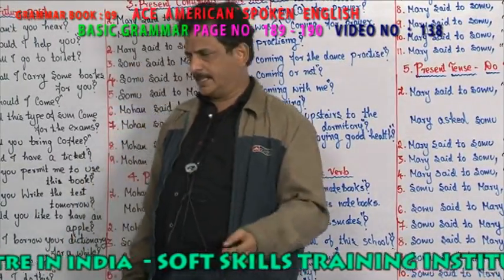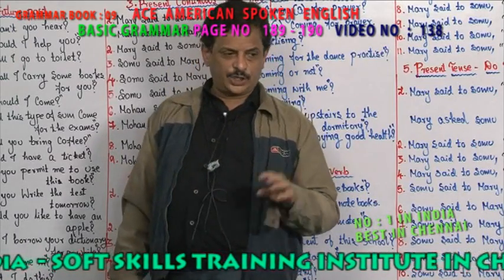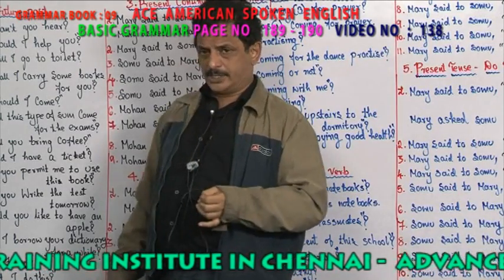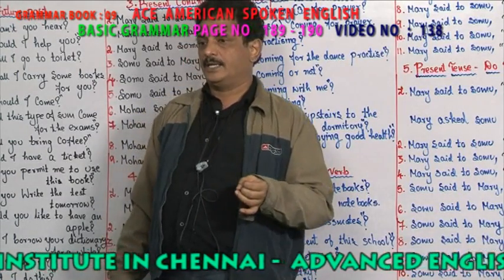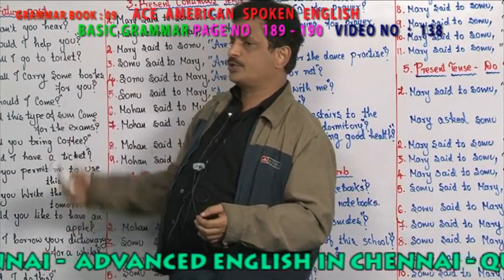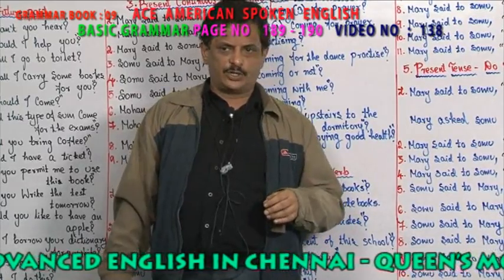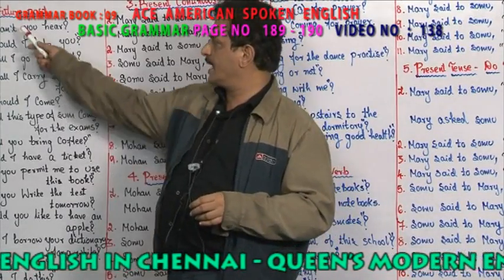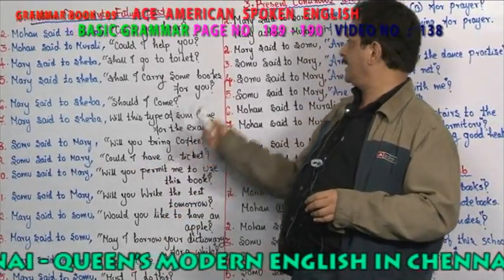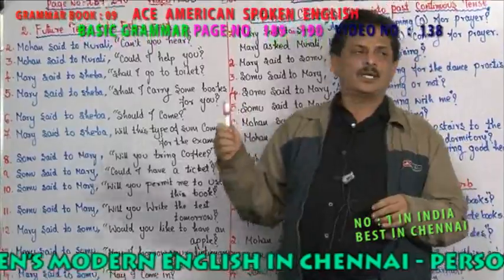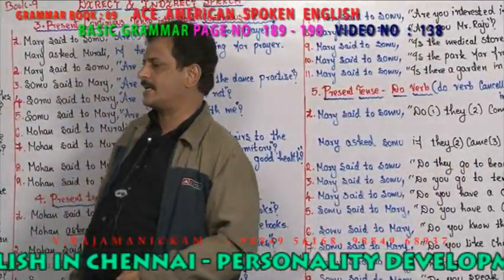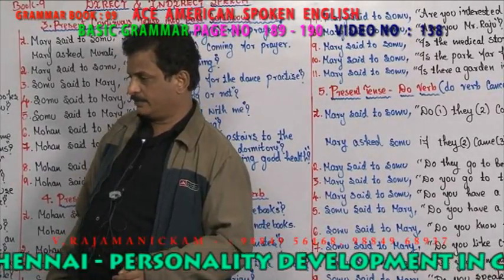So, direct to indirect, 4 types of sentences are changing. One is statement, it may be positive or negative, then question, yes or no or information, then ordering and requesting, then exclamation. When you go in for question, there are 2 types of questions. What is that? Yes or no. Yes or no starts with can't, could, should, would, may, might, will, do, does, did, am, is, are, was, were. All those sentences start with auxiliary verbs, right sir.